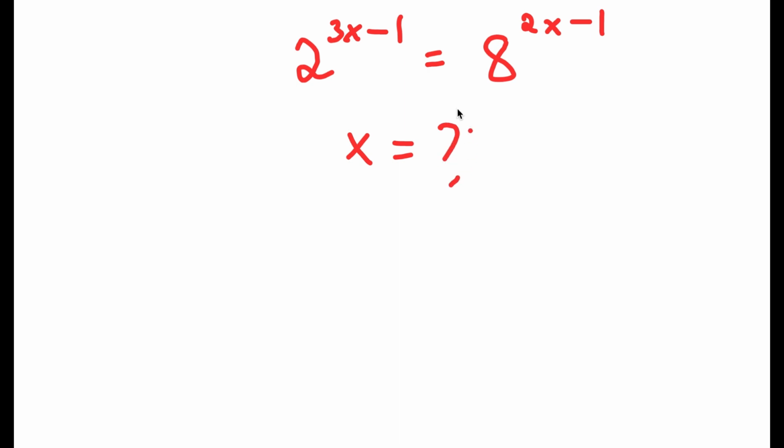Alright, so in this problem, I have 2 to the power of 3x minus 1 is equal to 8 to the power of 2x minus 1. So, I want to find the value of x in this problem. So for my solution,